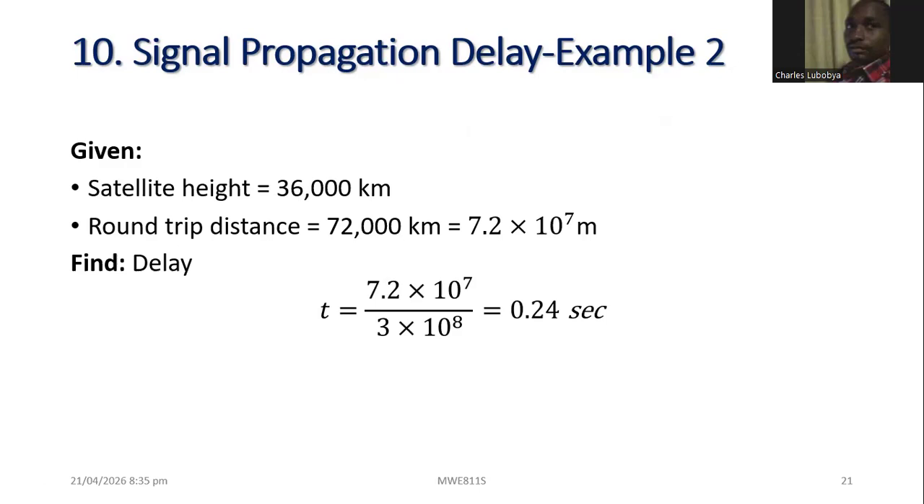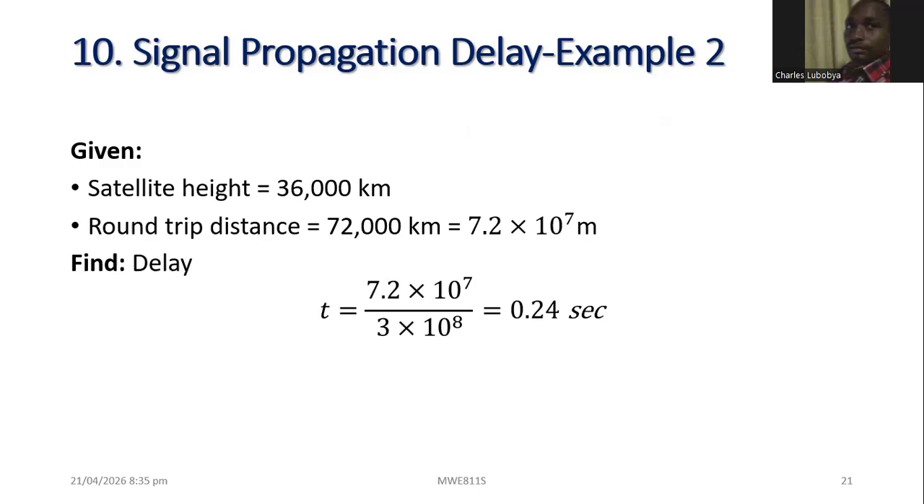So if I know the height of the satellite, for example, we know that from the center of the Earth to where you launch the geosatellite is 36,000 kilometers, the round trip will be double that distance, which is essentially 72,000 kilometers. So that 72,000 kilometers becomes your D, or round trip distance, divided by the speed of light gives you the delay. And in this case, it will be